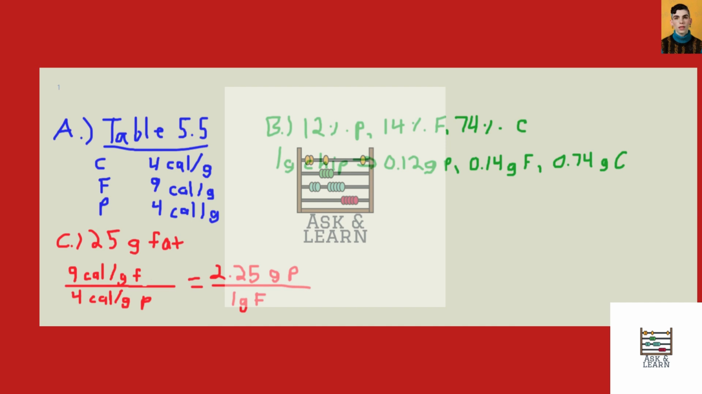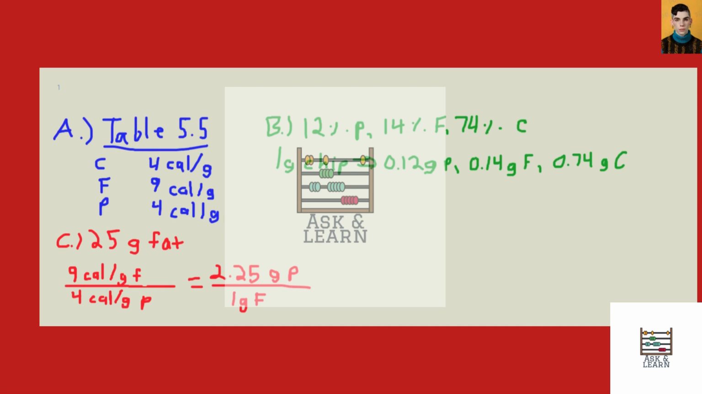Okay, guys, so today we're going to be working on question number 90 in Chapter 5 of Chemistry, the Central Science. So this is a three-part question. Part A asks, which releases the most energy when metabolized? 1 gram of carbohydrates or 1 gram of fat? So here we have to go to table 5.5,